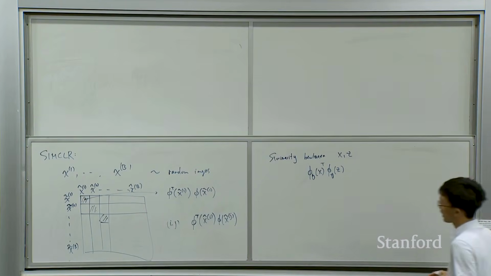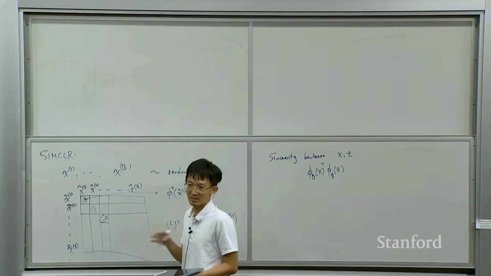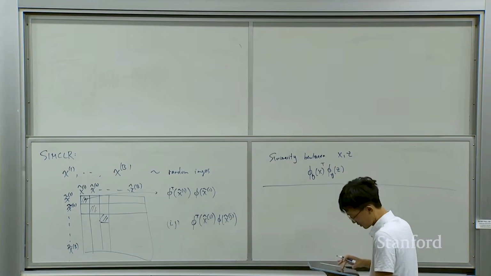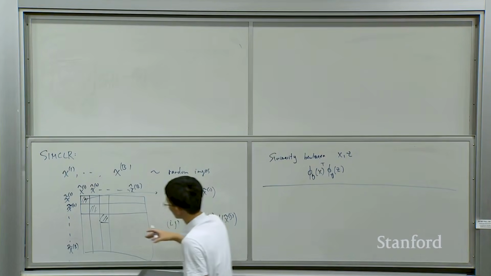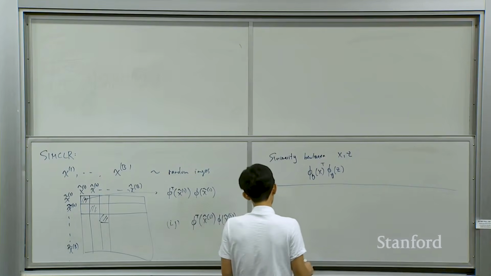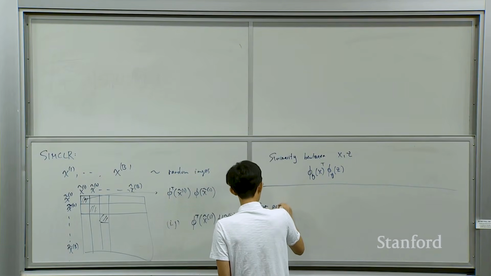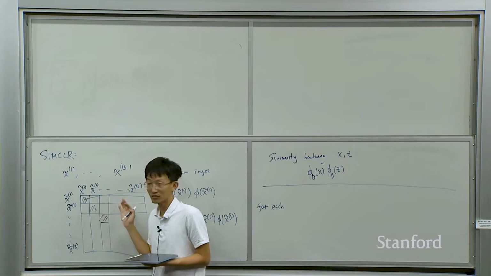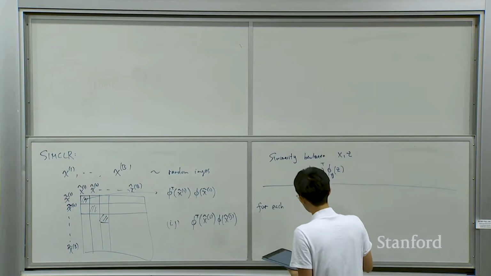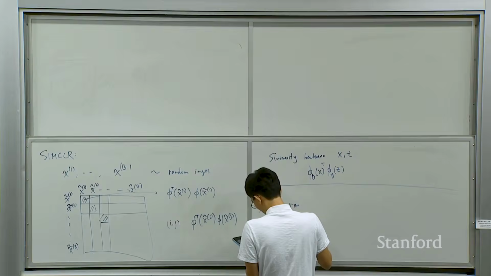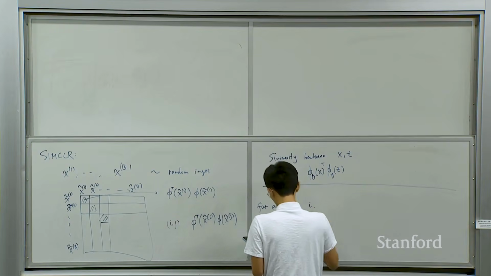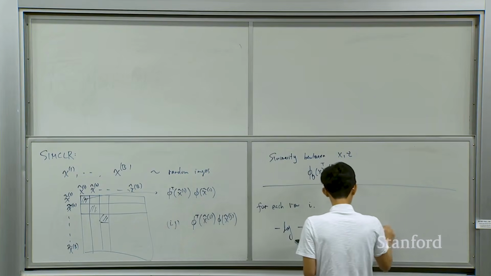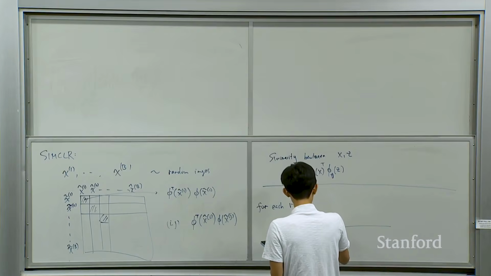Okay, but how big is big and how small is small? I still haven't specified that. So the way to say exactly what is big and what is small in this matrix is the following. You look at it row by row, let's say. For each row, you want the diagonal term to be big and the off diagonal terms to be small. And the loss function you use for each row, let's say row i, is minus log. You take the exponential of